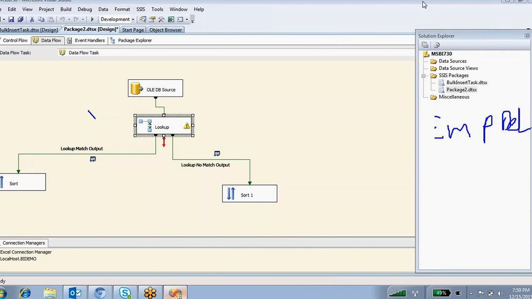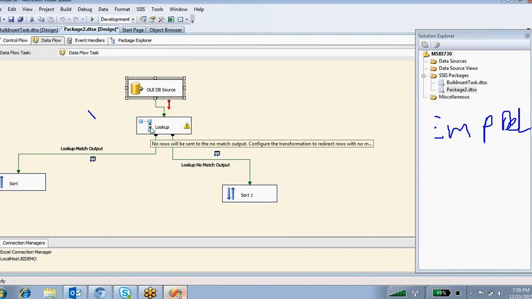Okay, no problem. Basically, in this lookup transformation we just compare the data coming from this OLEDB source with some other lookup table.